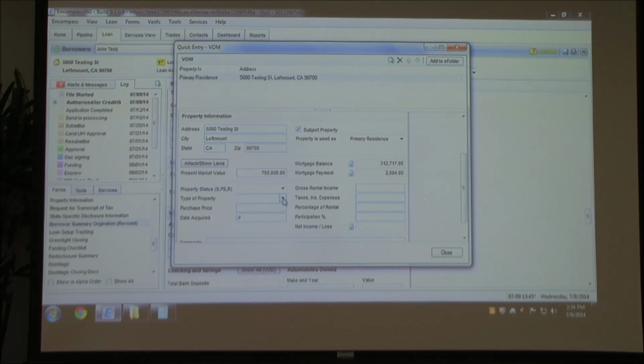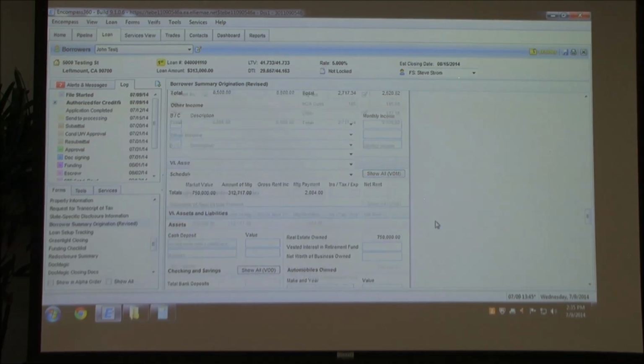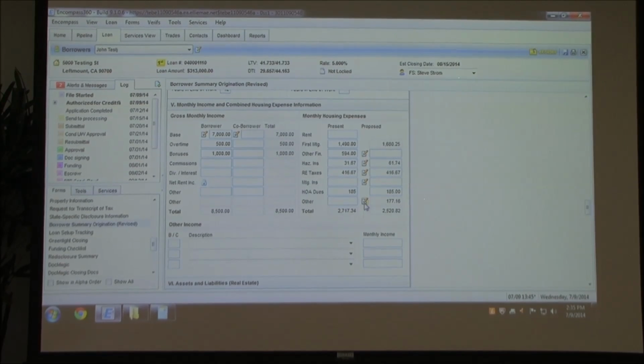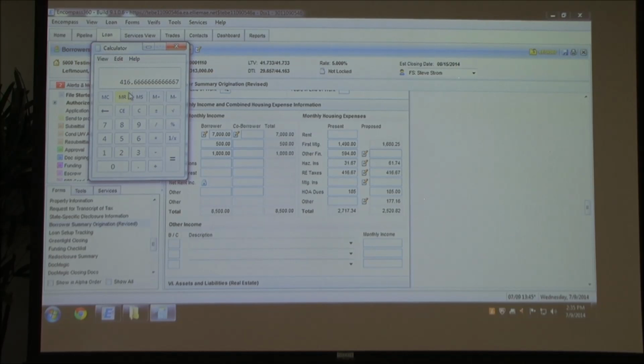The type of property is important. I have to identify it as a single family, or a condo, or a townhouse, or whatever it may be. So I'm going to say it's a single family. In the event this was a rental property, I would key in the rental income right there. It's not a rental property, so I'm going to leave it blank. And my taxes, insurance, and expenses, once again, I need to have good accurate data. So I'm going to go back up here and I'm going to say, what do I have tied to my property? What I have tied to it is going to be